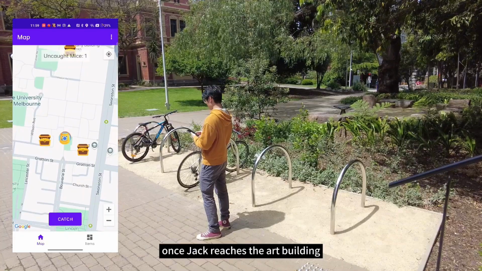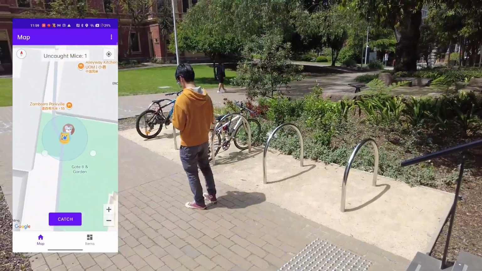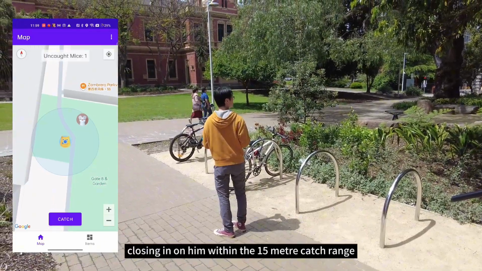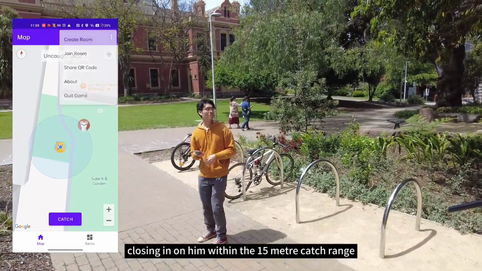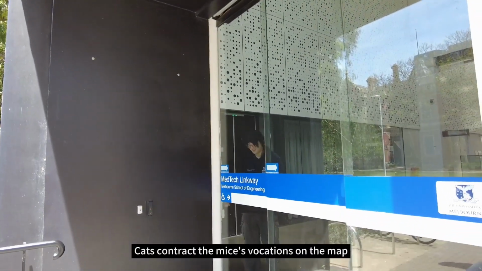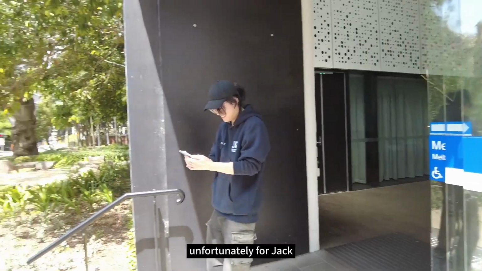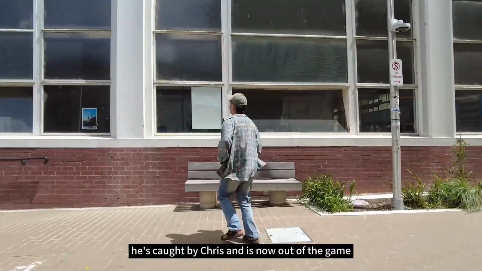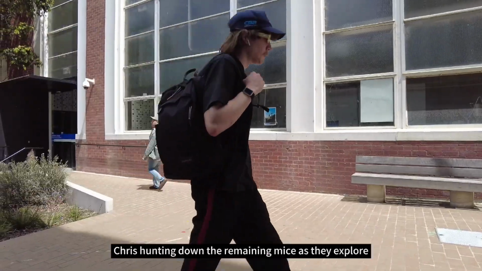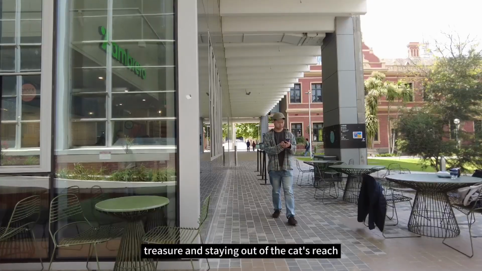Once Jack reaches the art building, he realizes the treasure box isn't as easy to find. Suddenly, he notices Chris, the cat, closing in on him within the 15-meter catch range. In Catch Me, cats can track the mice's locations on the map, but mice only see each other's positions, not the cats. Unfortunately for Jack, he's caught by Chris and is now out of the game. The chase continues, with Chris hunting down the remaining mice as they explore campus, looking for treasure and staying out